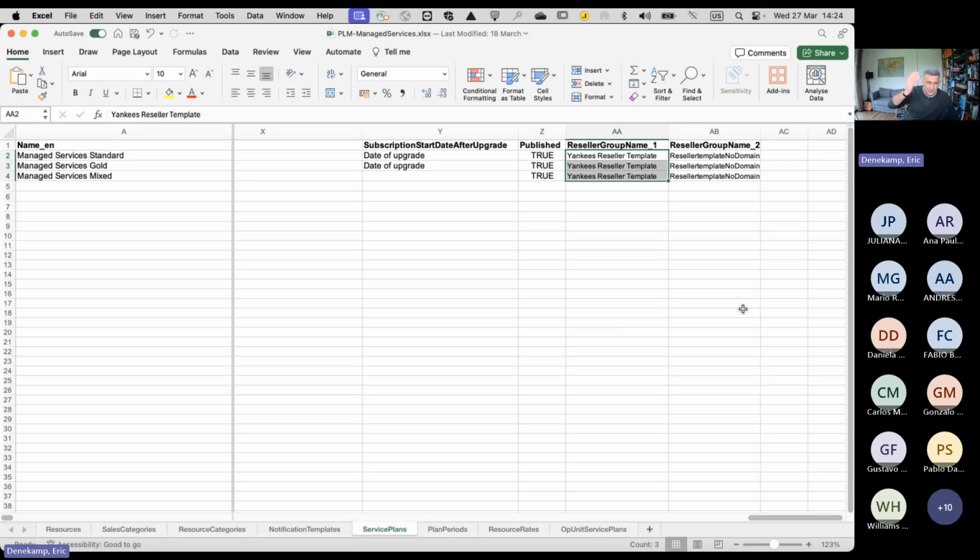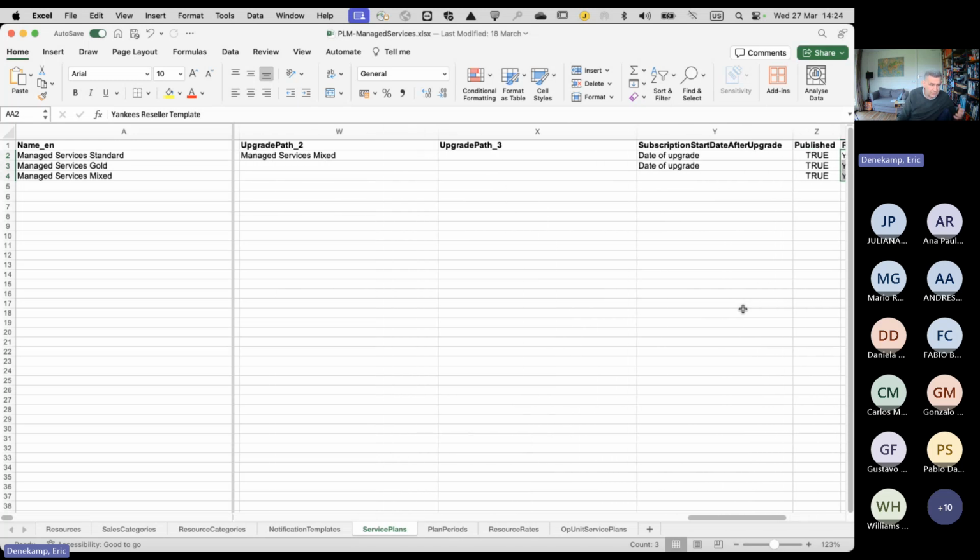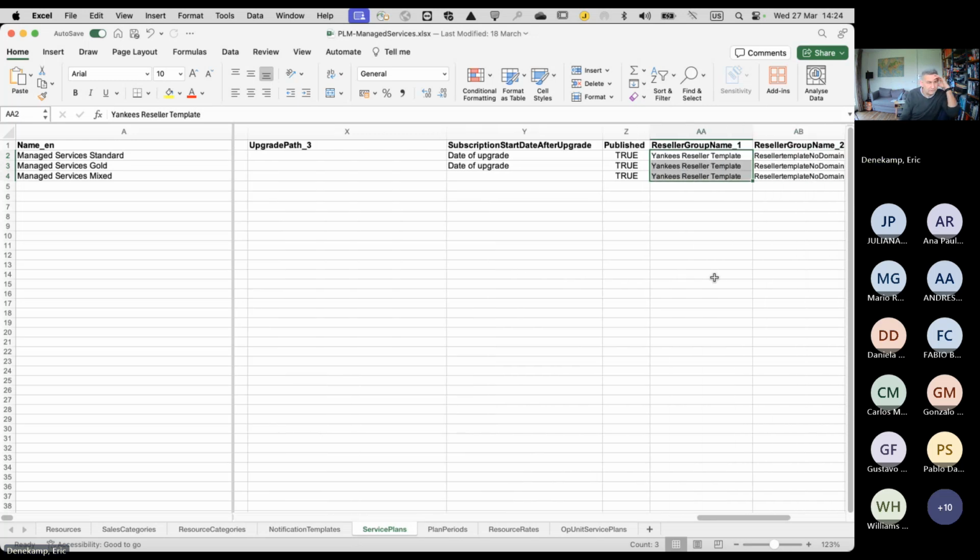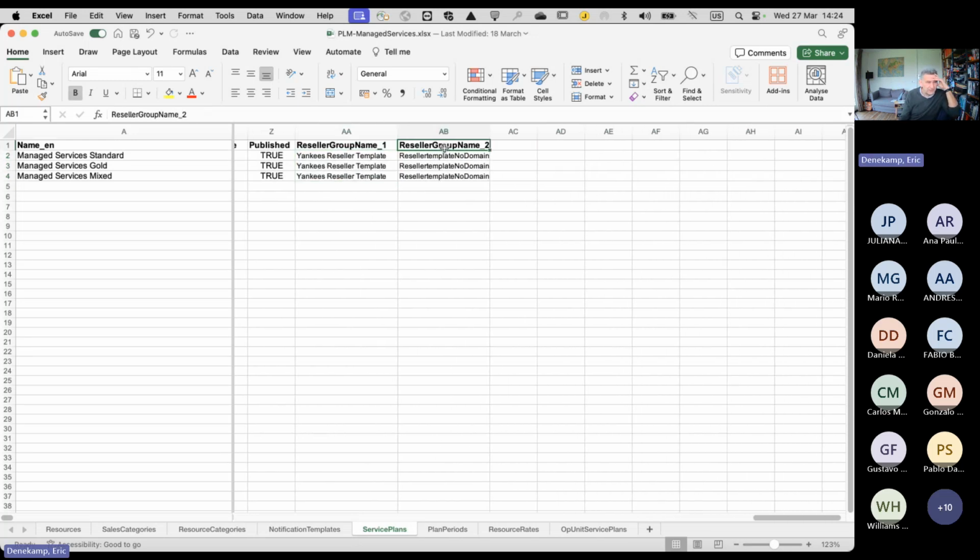In that case, you have to register all reseller templates in this list. So there might always be work to be done, even though you're handed most of it. Why? Because the reseller groups might need to be set, because we don't know what your reseller templates are, etc., etc.